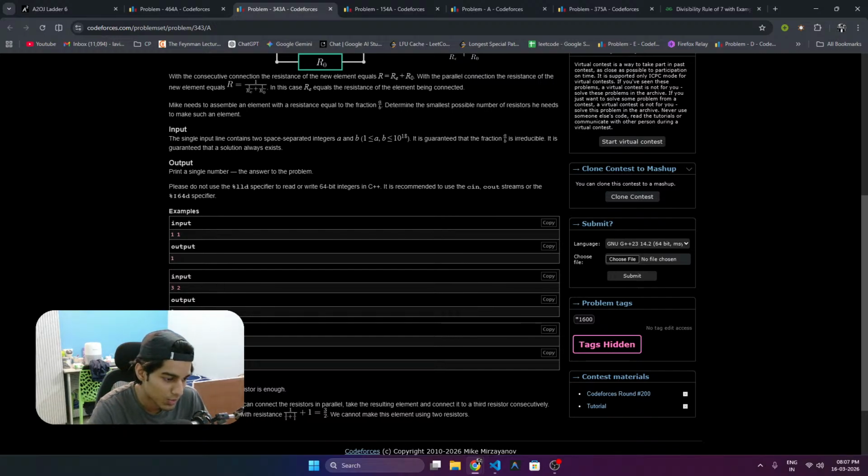For 200 I need 200 resistors to make it 1 by 200 in parallel. Can I make 199? How to do it? If I do plus 1, this will become 201 by 200. Wait, I need to